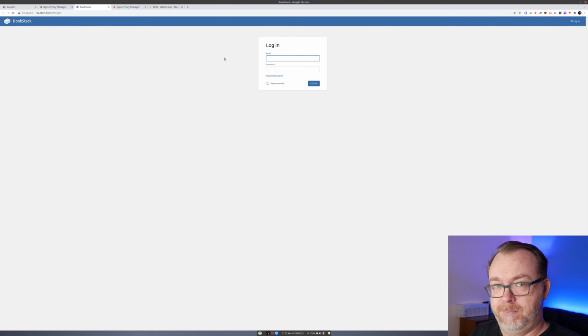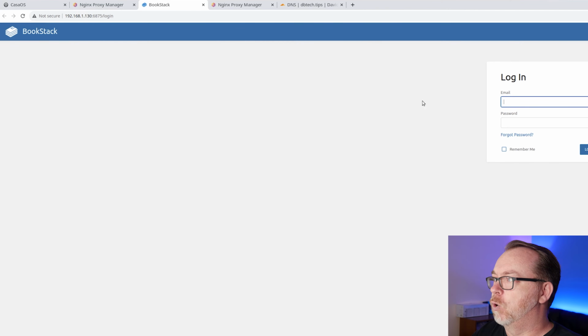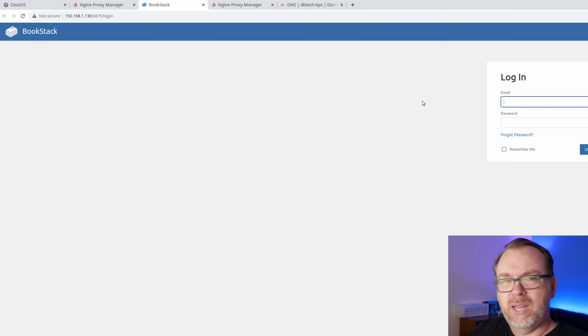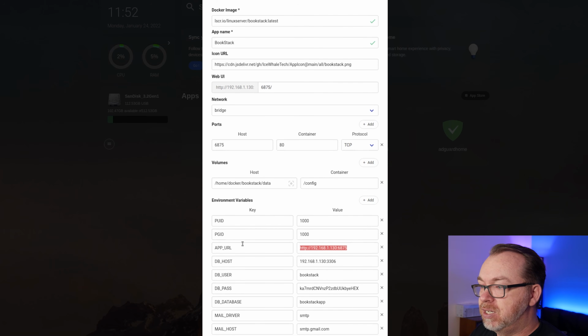And it did. But if you look, you'll notice that the URL switched back over to our local IP address for the system. Because I know how this works, it actually did work appropriately. What we want to do though is go back over to our CasaOS, our BookStack settings here, and change this to https